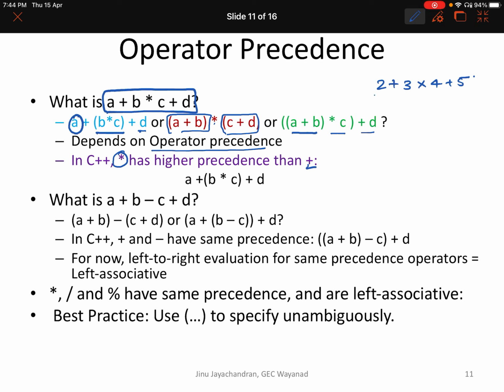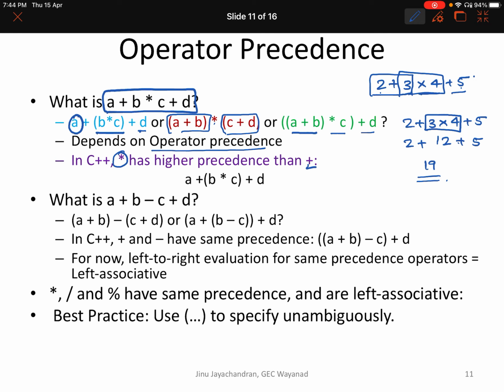Is it like you add 2 plus 3, then multiply by 4, then add 5, or do you do 3 into 4, then add 2 and 5? The answer is that maths does it like this: first it will multiply 3 into 4, you get the result 12. It will be added with 2 and 5, and that result is 19.